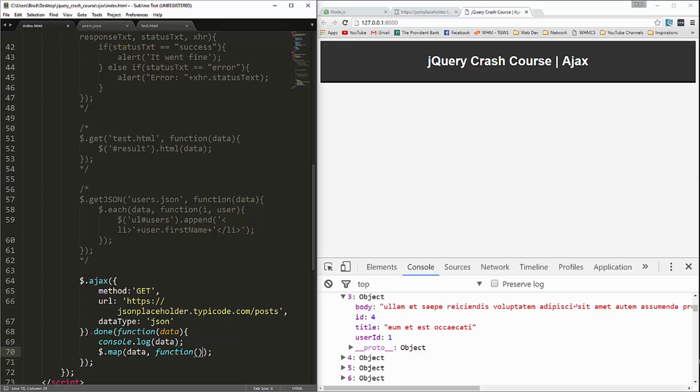Then we'll say function. Okay, we'll pass in here post. You can call it whatever you want, but I'm going to be descriptive. And then we'll take our result and we'll say .append, and let's append an H3. That'll have the title, so we'll just put that in there,